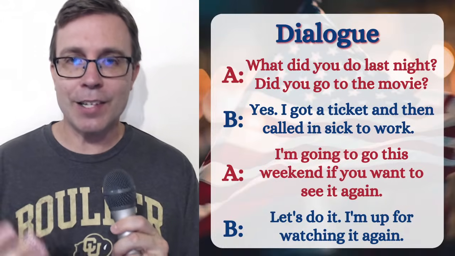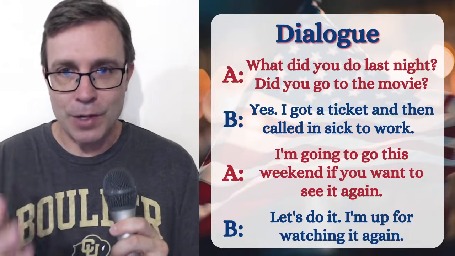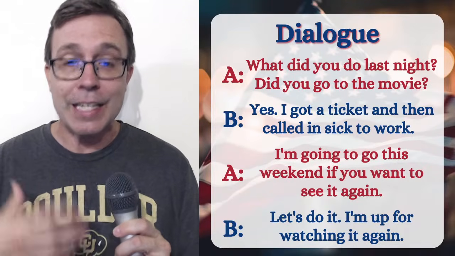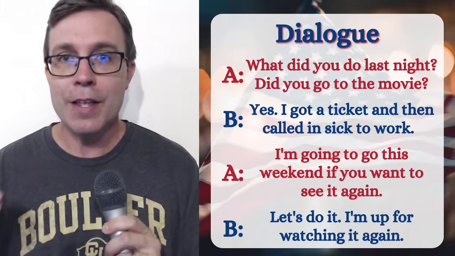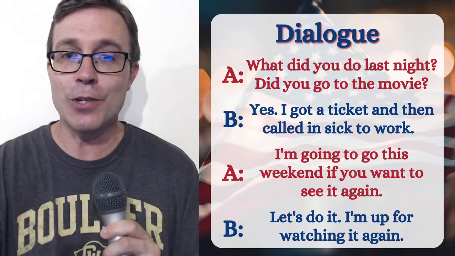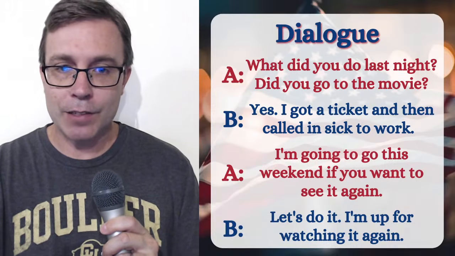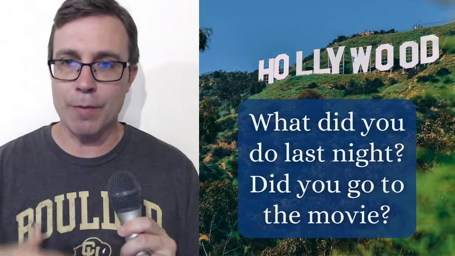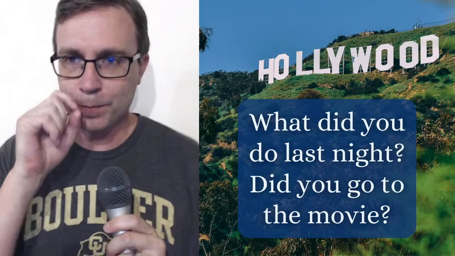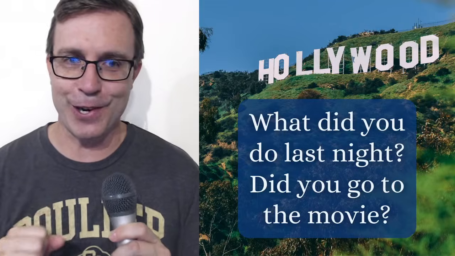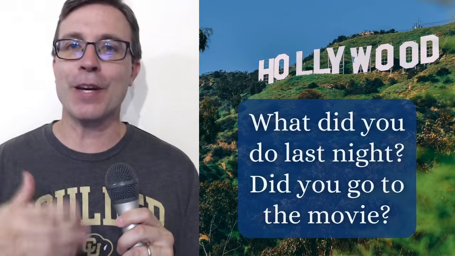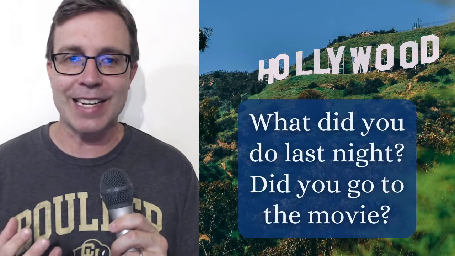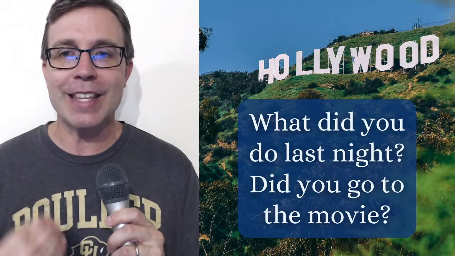Just listening to me say these sentences, you can see the words written right there. I imagine it's probably a lot easier to follow along, and you can pick out the words and phrases that you just heard. But let's really take a deep dive into these sentences, and we're going to practice. So let's start at the very beginning. All the images that I'm showing you are, one way or another, pictures from the United States. That's where I'm from. So again, this lesson is definitely closely related to the American accent.